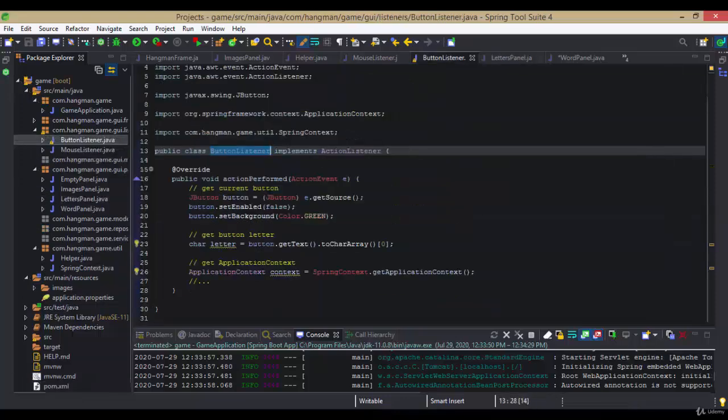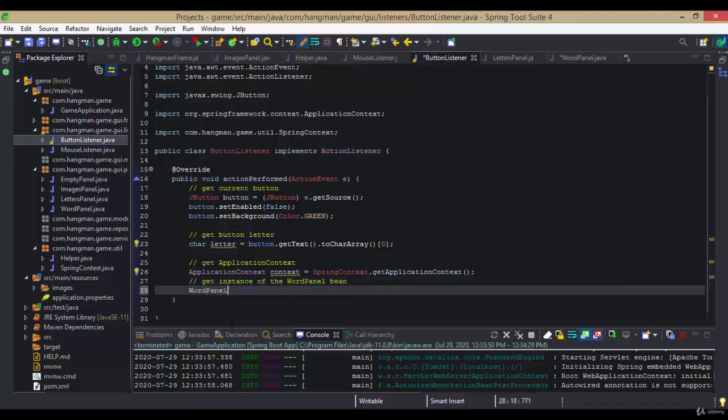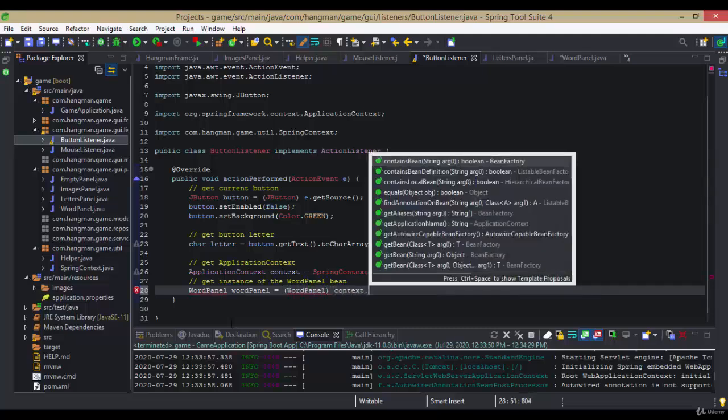But we have an action listener for each of our buttons. And now under the button listener, we need to invoke that check letter method using the Spring Context class that we defined earlier. So we need to get the instance of the word panel. Since you see that the button listener is not a Spring component and the word panel is a Spring component, and using the Spring Context class, we will be able to properly invoke